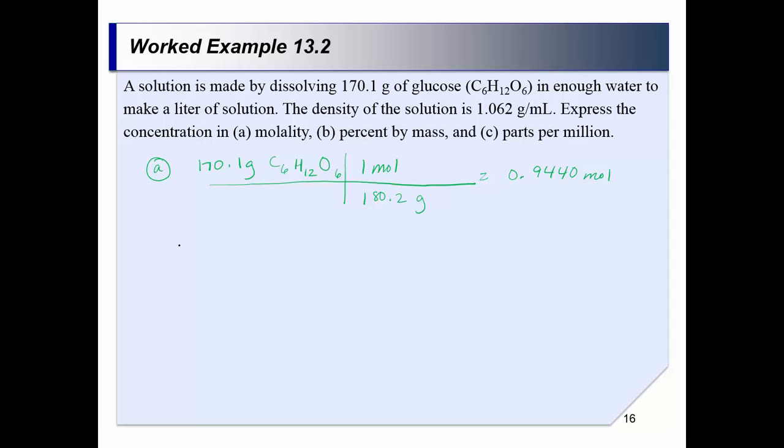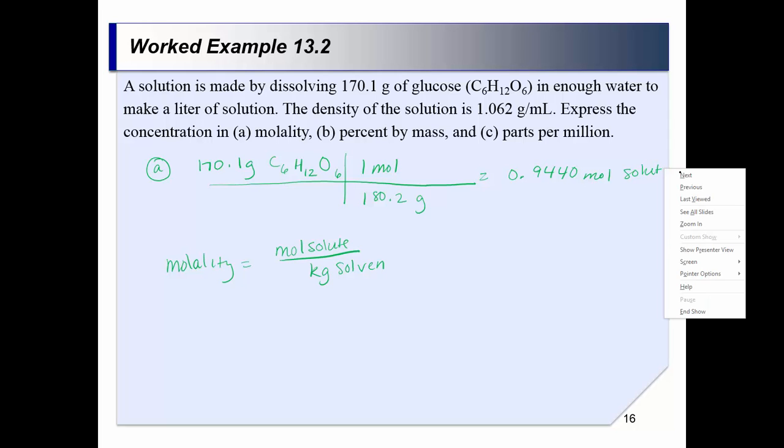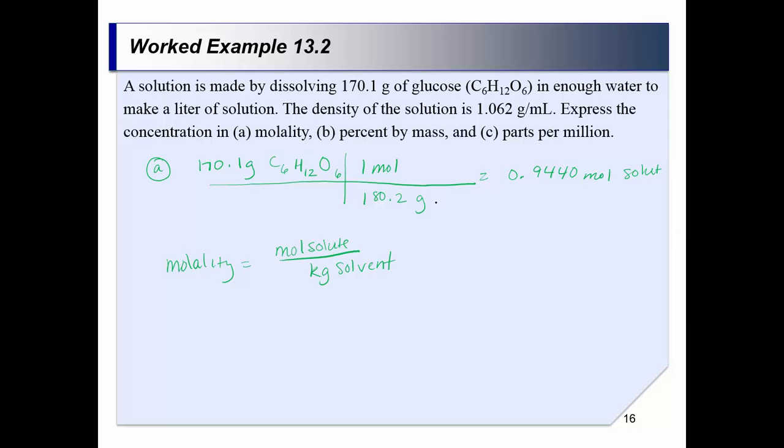Now for molality, remember, molality equals moles of the solute divided by the kilograms of the solvent. So I have moles of my solute here. I need the mass of my solvent. So I'm going to take the 1 liter, because it says I have 1 liter, and I'm going to multiply it by the density. So I'm going to have my 1,000 milliliters multiplied by my density,